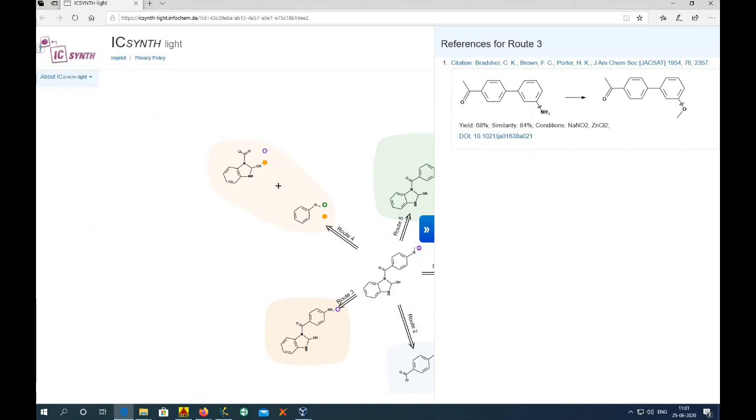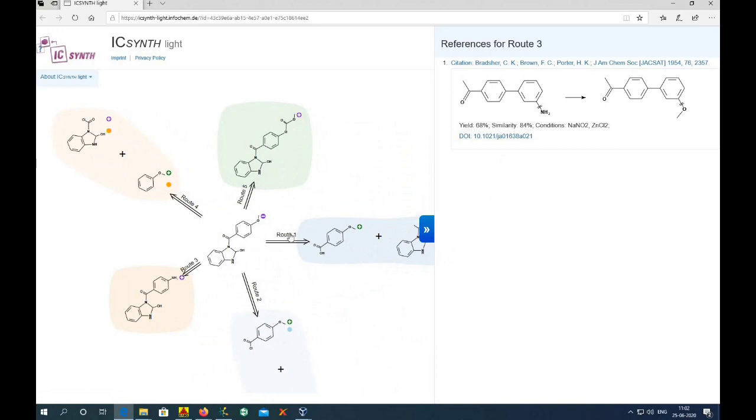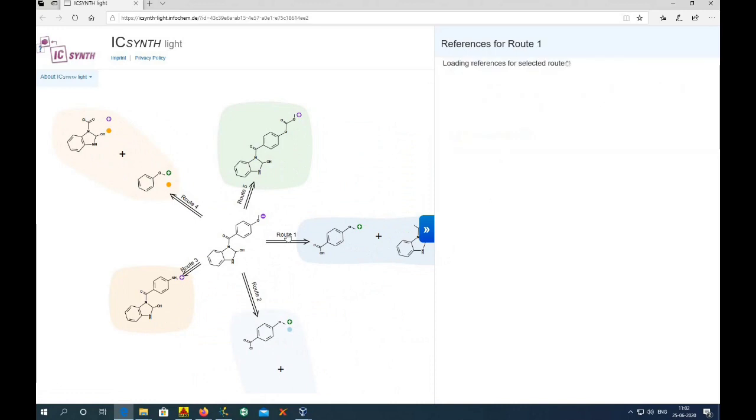Similarly we can find the different routes also. Clicking route 3, it shows the literature. Among these routes, route 1 has the highest similarity, so we selected route 1 for the synthesis of the molecule.